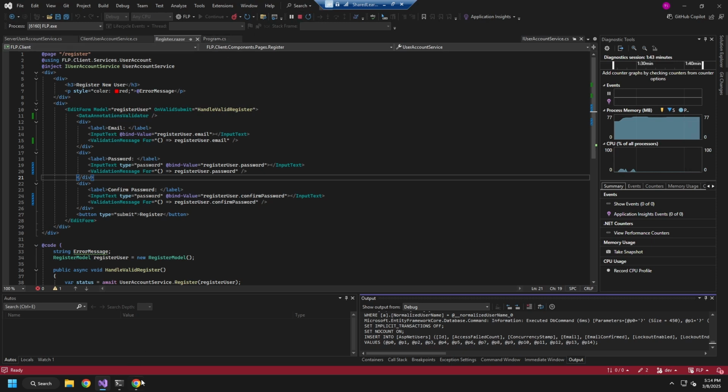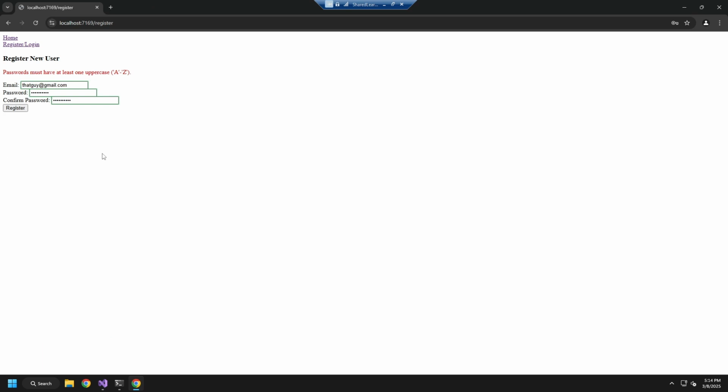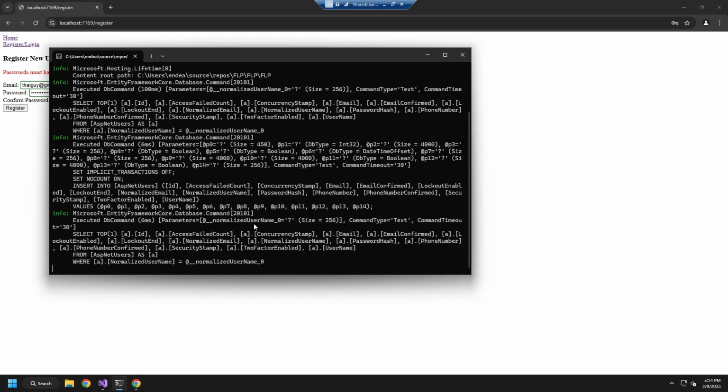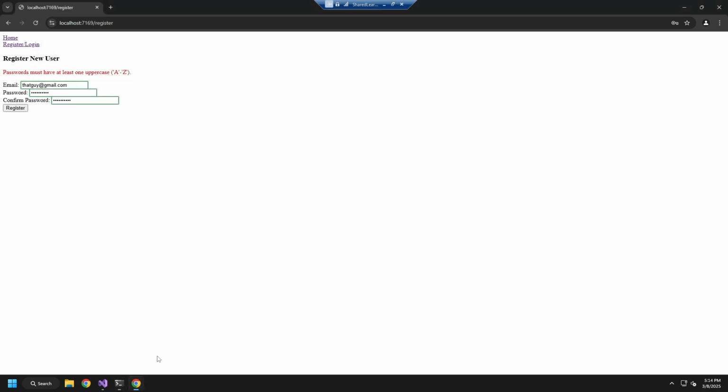So this is kind of a response that we want to have. Right now we have no response, nothing that will indicate, hey, your user actually got inserted into it. So what we're going to do is let's go look at our current